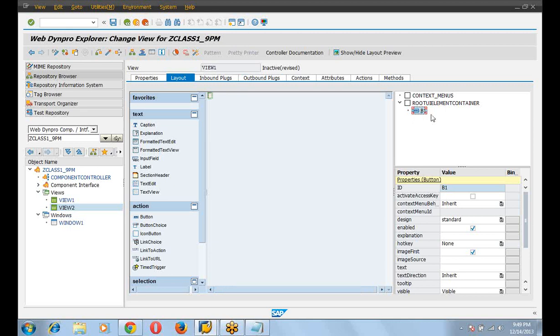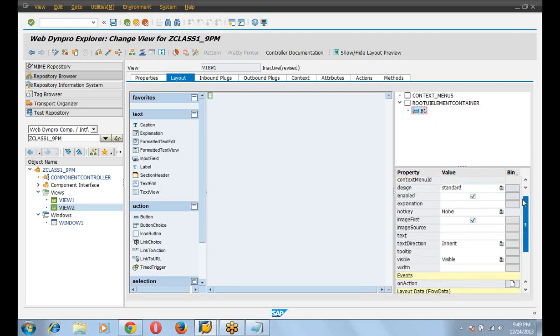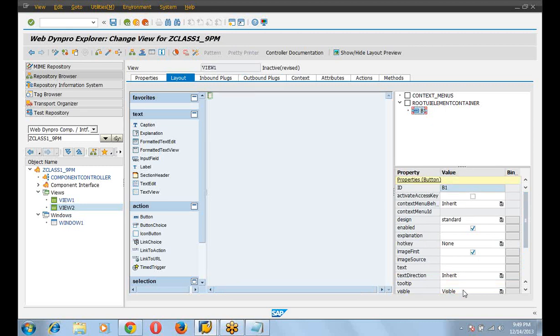Select the button. When you select any UI element, the properties appear here according to the selected UI element.